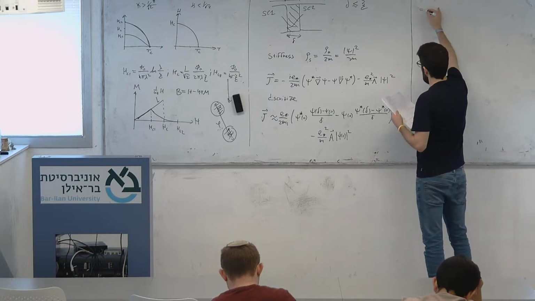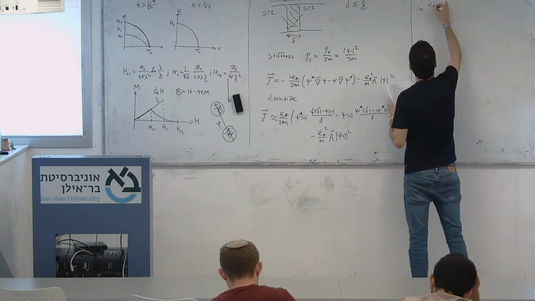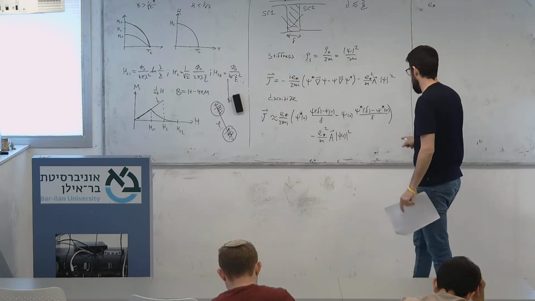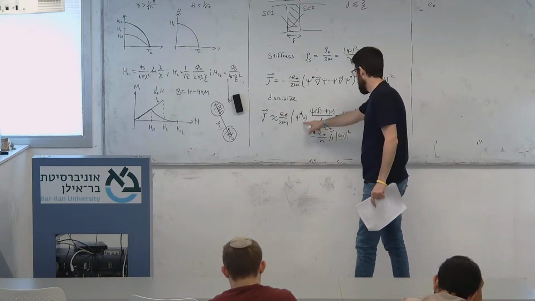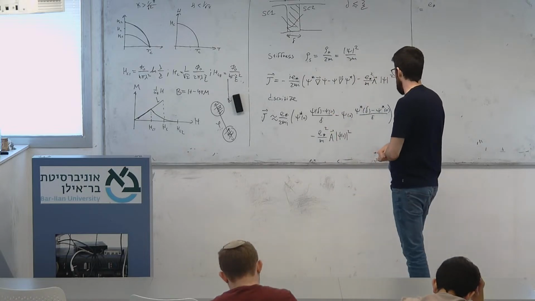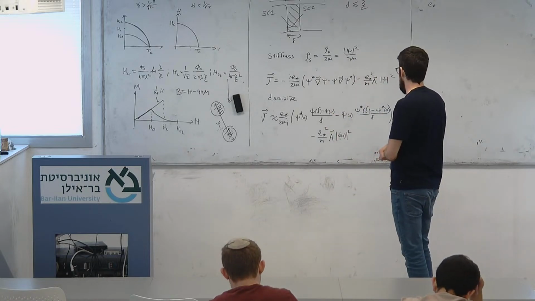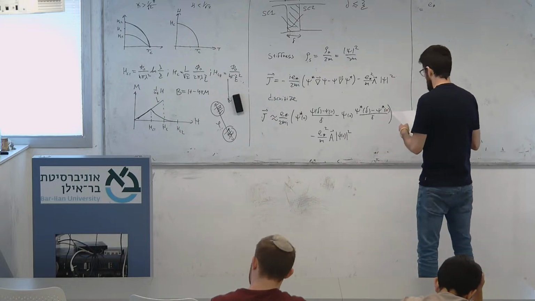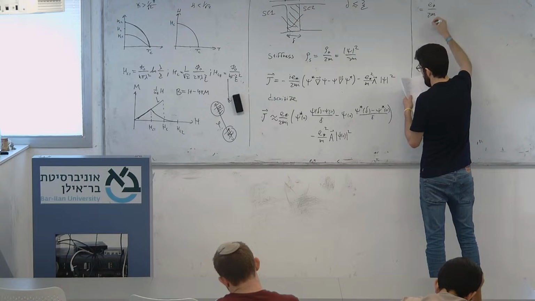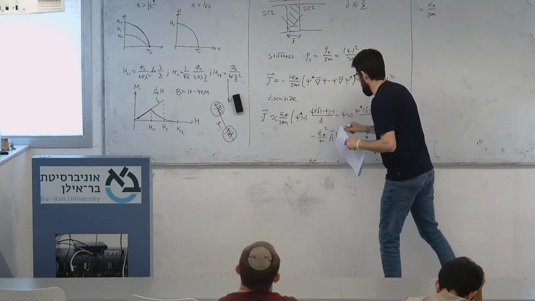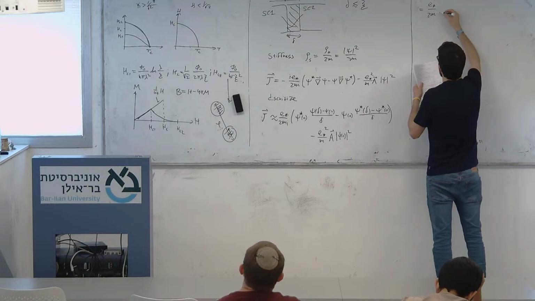So this thing is equal to, so what do I have here? I have psi squared terms. Yeah, so what I get is this. The constant terms cancel here, and I get